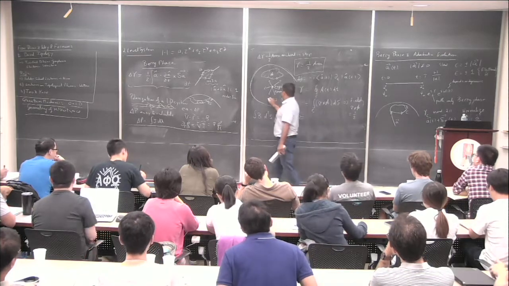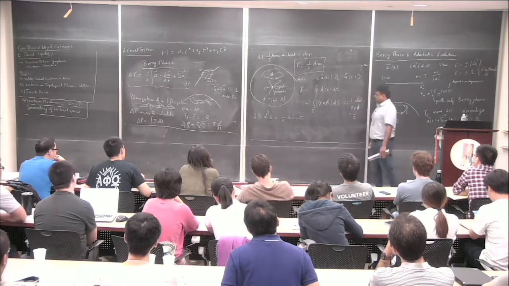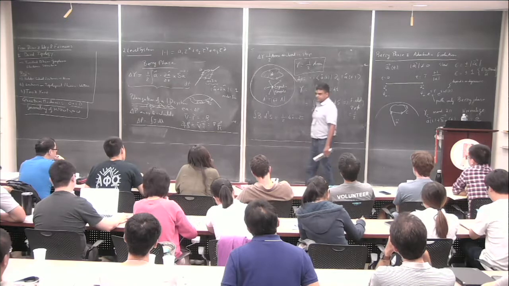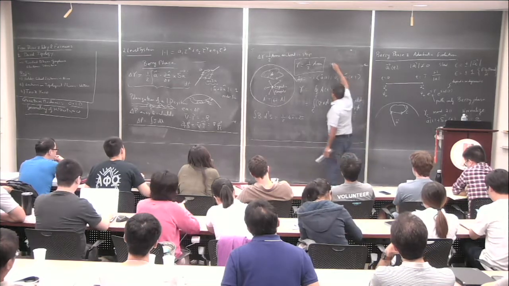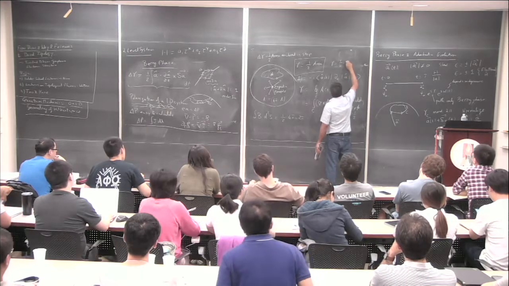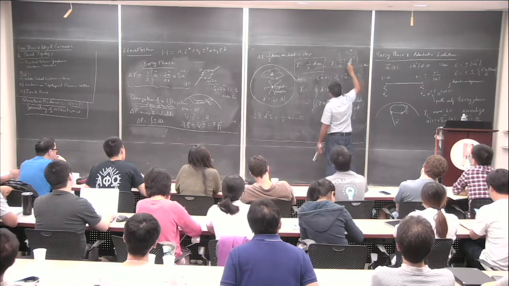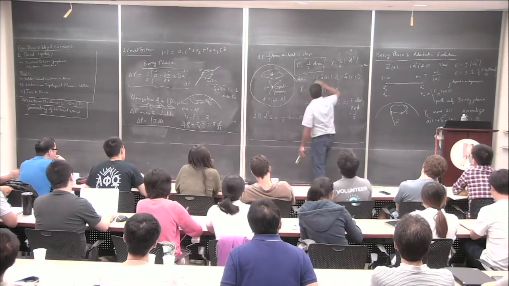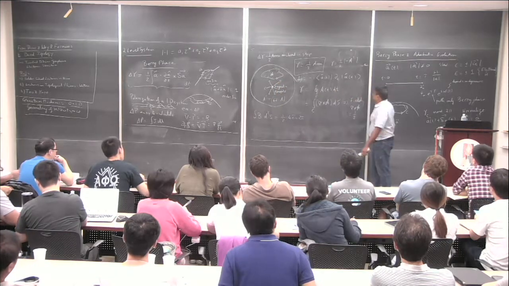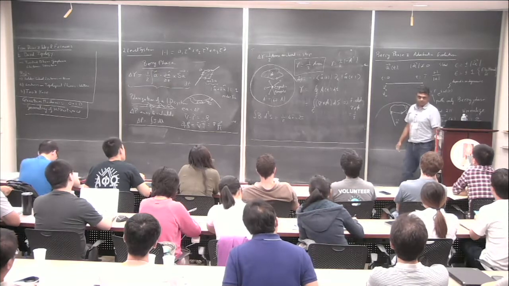Let me call it a2 or a prime. A perfectly good definition of this Berry's phase is to pick the area outside this curve. So there should be another way of defining it, where this is half times the area outside a prime. Using the same right-hand rule, you'd put a minus sign over here, because you're just moving around in the opposite sense. So this should be a perfectly good expression for the Berry's phase as well.